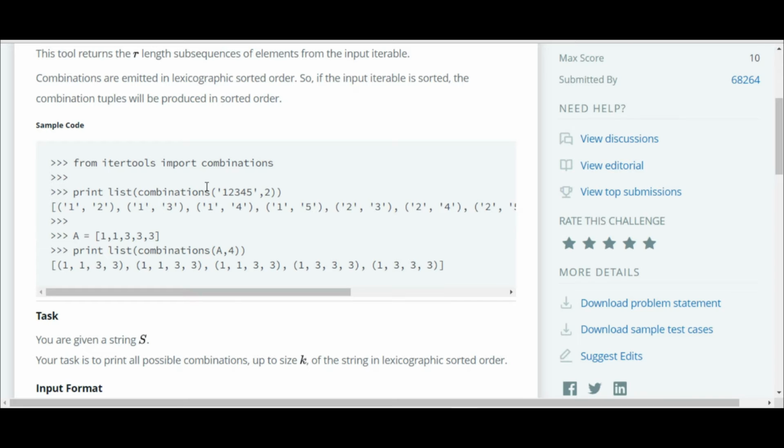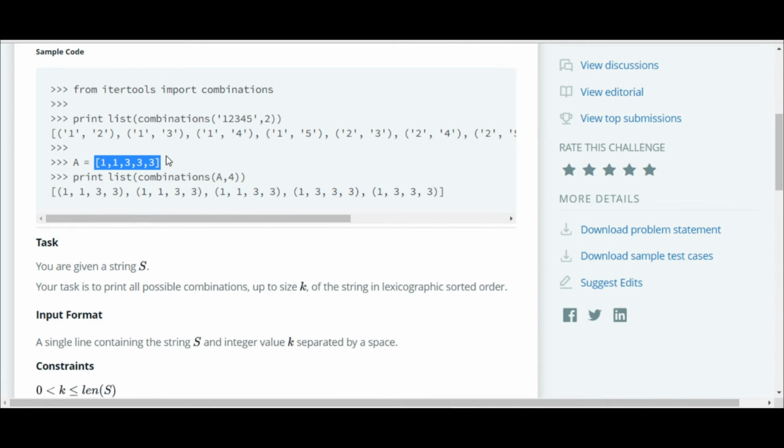And it sticks to only 2 because the value of r is 2 here. This list is all the combinations it is taking, and it is making a list out of it. You can see the square brackets, and every element is a tuple: 1 2, 1 3, 1 4, 1 5. So we have to make use of this.